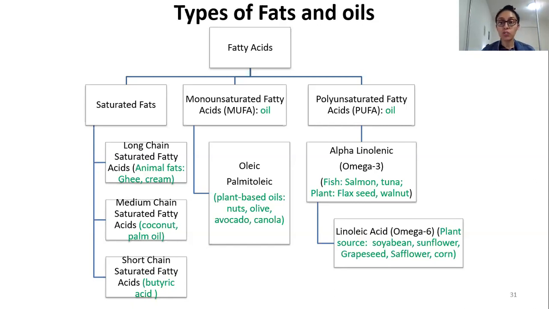But that's not the best option, because having an excessive amount of ghee, meaning an excessive amount of long chain saturated fatty acids, can definitely have its toll on cardiovascular diseases, right? So the next best option to this was your medium chain saturated fatty acid, which is your coconut palm oil.